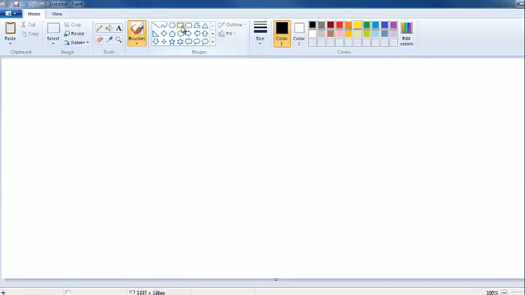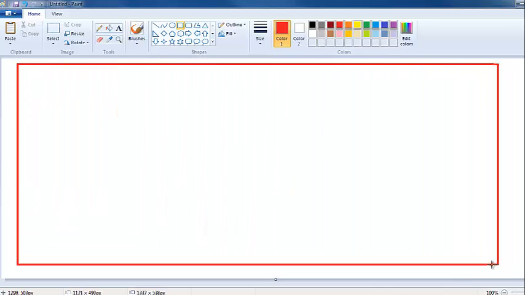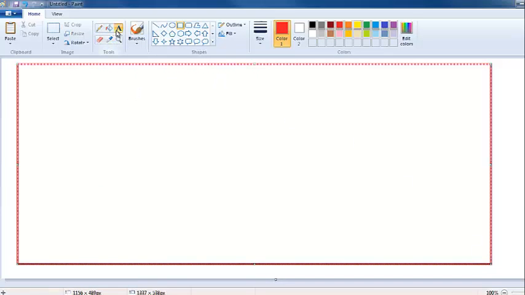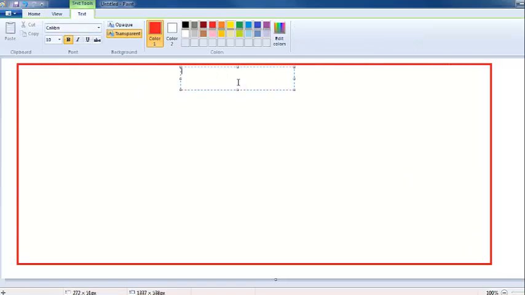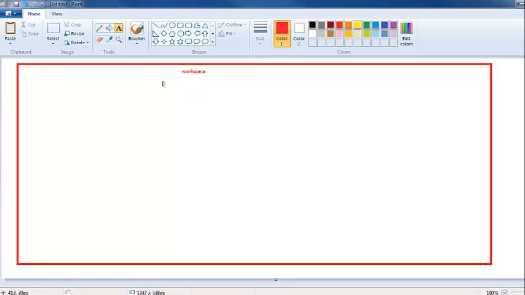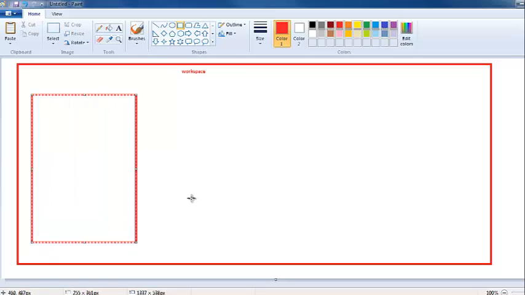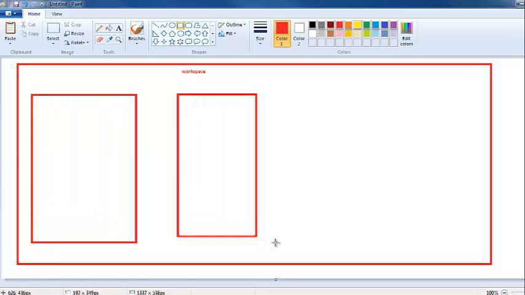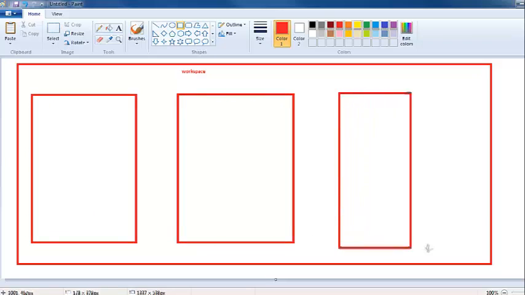So we can say that this is my workspace, and inside workspace we create our projects. So we can say that this is my project number 1, this is my another project, and this is my another project.